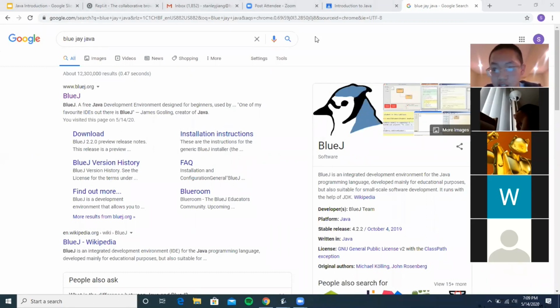So any questions? Let's see. I don't know what this person's called. His name is not shown, but it says IntelliJ. I know IntelliJ is another IDE that we could use. However, I would not recommend it. IntelliJ is similar to Eclipse in that both of them are more of the algorithmic type of Java, but in order to learn object-oriented programming, it's better to use BlueJ, which is the program I am recommending.